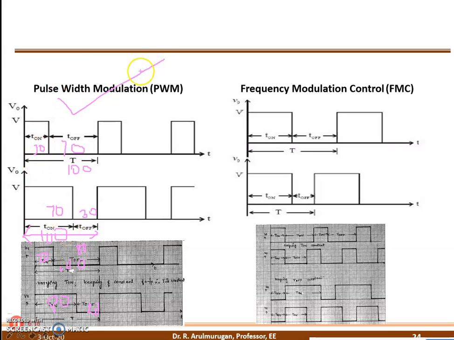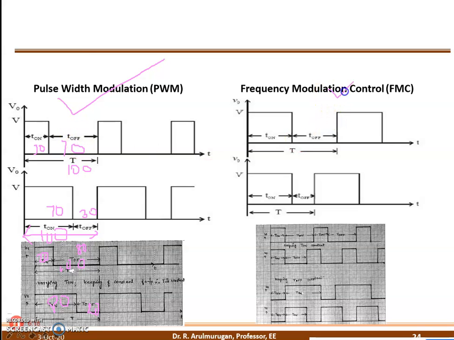Normally we use pulse width modulation only, because we can set the filter capacitor easily. How this pulse width is produced is a different matter; we are going to see it in the next unit. So what does pulse width modulation mean? That is the only thing: the total time never changes. Either the on time changes or the off time changes.